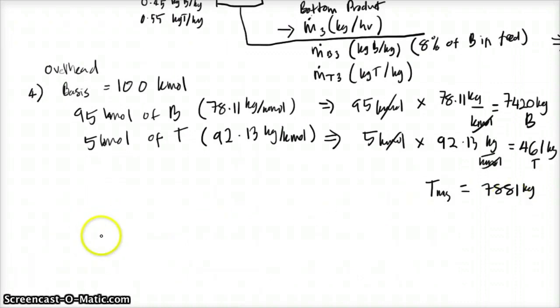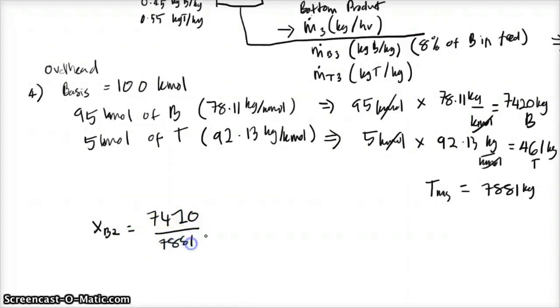So mass fraction is the mass of subject of interest over the total mass. So the mass of XB2 that we discussed before is, what's that? So X benzene is 7420 kg, so 7420 over the 7881. So in the end, the mass fraction of benzene in the overhead product is 0.942 of B per kg,